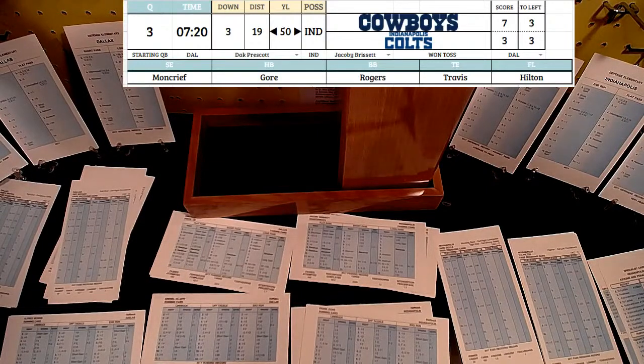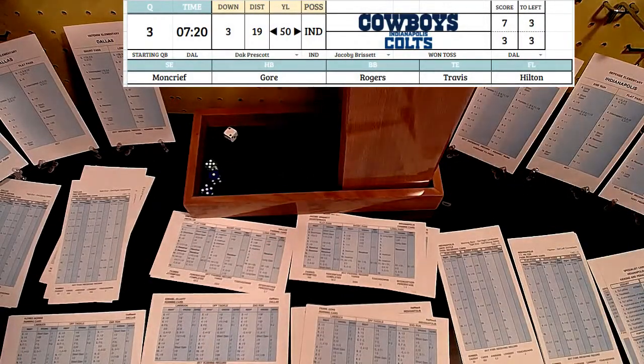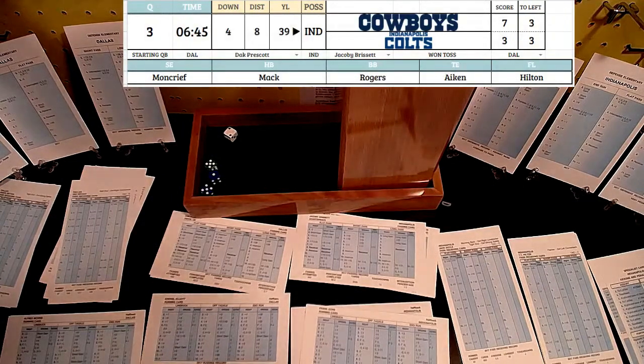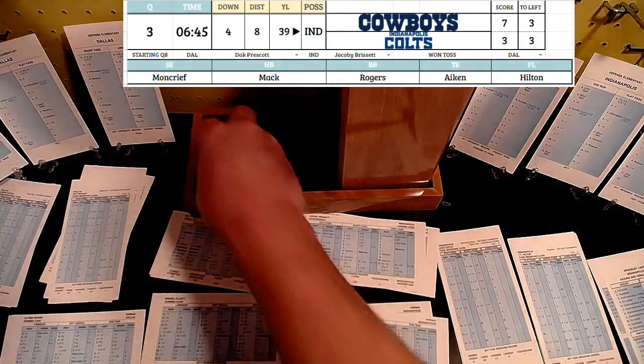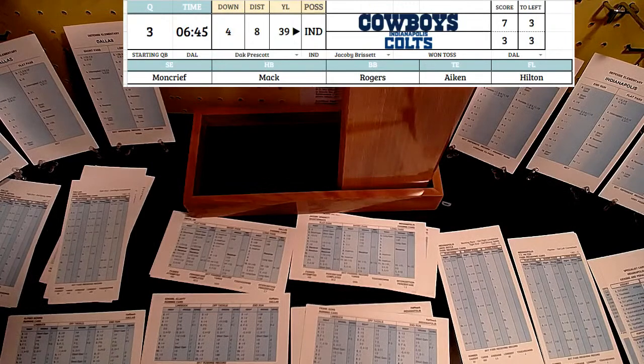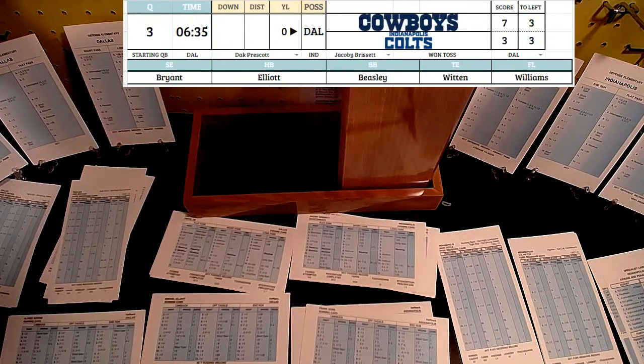And they're going to go with a short pass to T.Y. Hilton. That'll be an 11-yard gain, but it will not be enough for the first down. Down to the 39, 4th and 8. And I think in this case, they're going to have to do a punt. So they're going to punt with Rigoberto